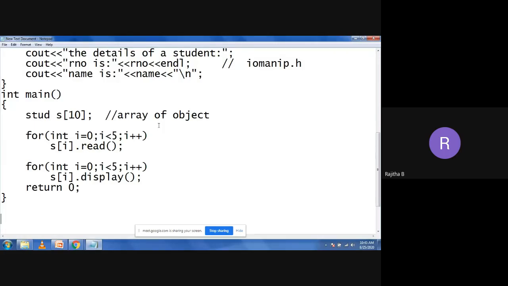If you are taking the 5 student details, you need to display the 5 student details. What is the name of the student, what is the roll number, what are the marks in the subject, and what is the percentage of the marks. You need to display all the student details values. Okay, so that is the assignment for today, and you need to submit it before 9 p.m. today.